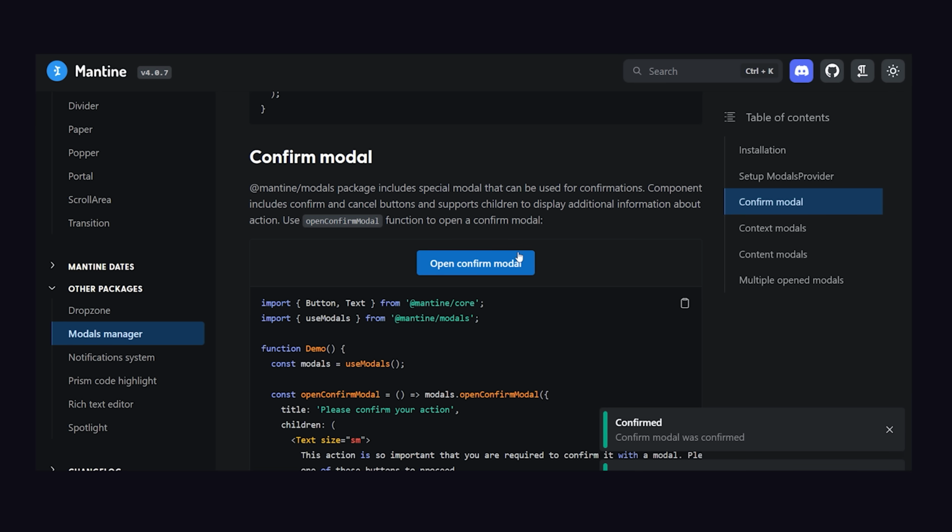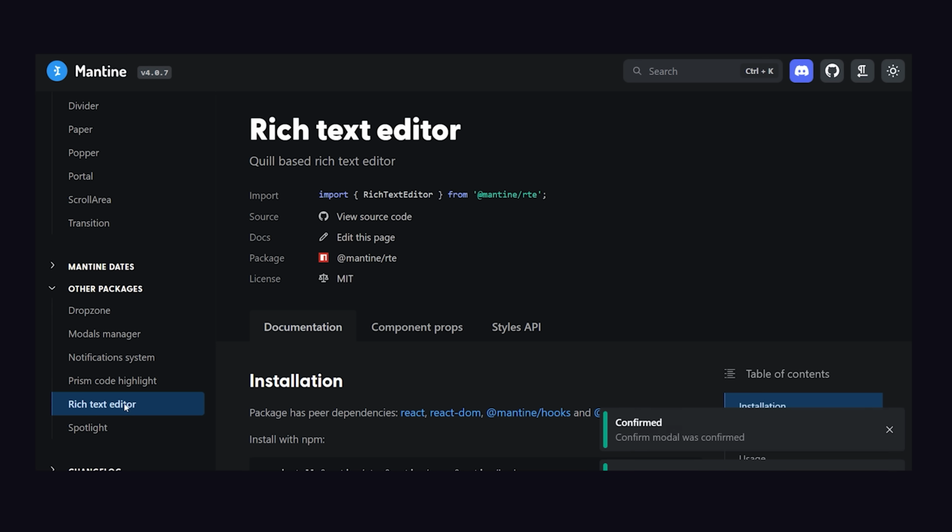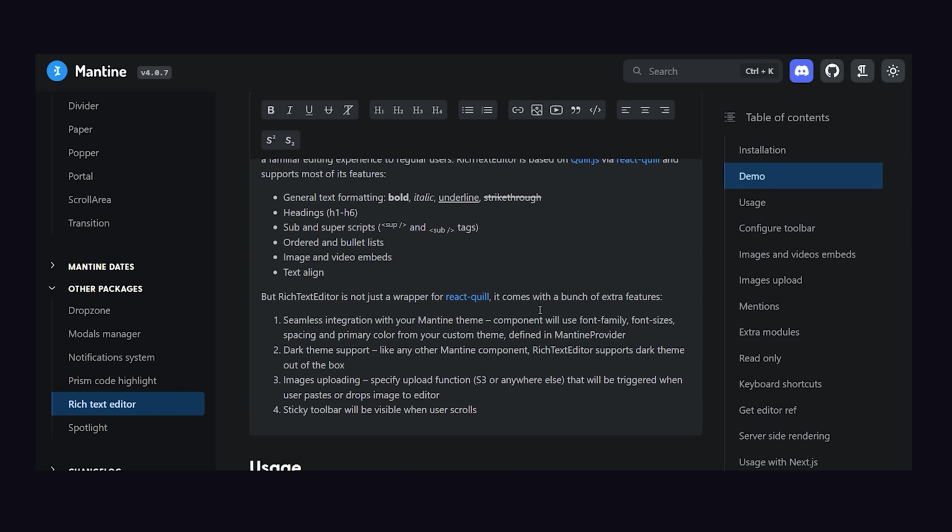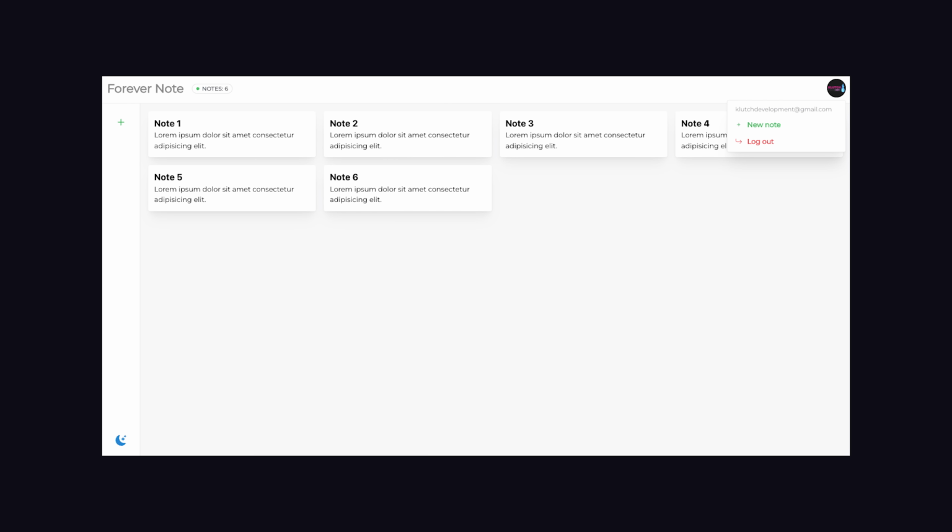On top of that, it has optional packages for a notification system, rich text editor, and a drop zone for file uploads. It's so awesome that we use it in one of the demo apps in the full React course